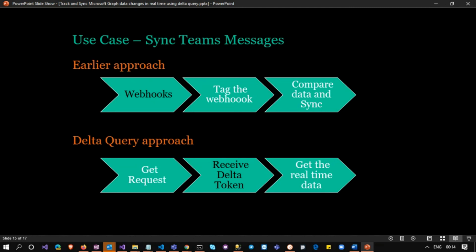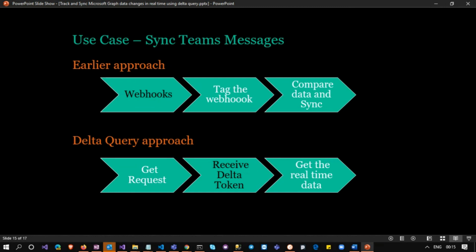We have excluded the dependencies on the team owner and team administrators, and we have excluded the performance issues. You don't need to depend on multiple systems. With a single system and a single API, you can do everything and keep everything in real time. And you have excluded user errors, like sending messages without mentioning the webhook. Now it is all under your control. You don't need to depend on any of them. So this is one other advantage that we have in Delta Query.